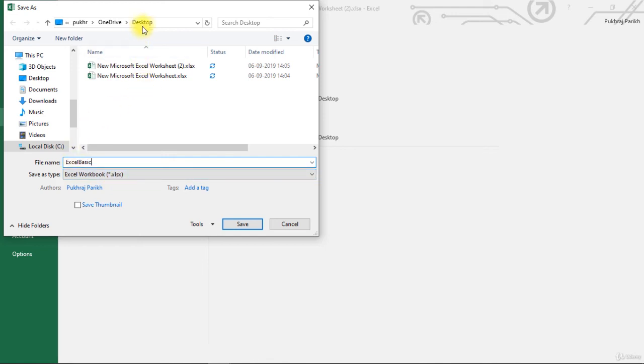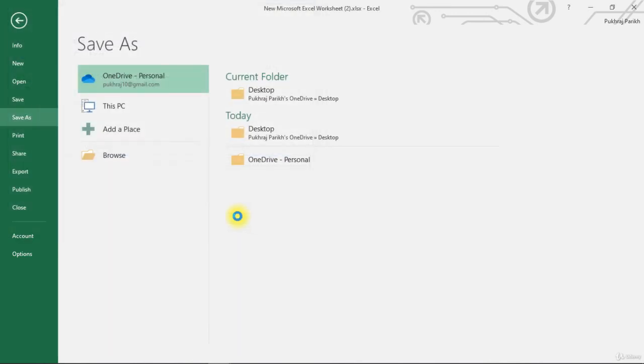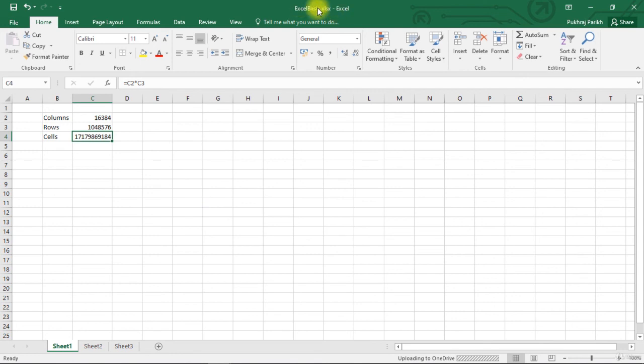If you want to change the location of where you are saving this file, you can navigate the location using these navigation folders, or you can enter the location on this top bar also. Now we will click save. You can see that the name of my workbook is changed to excelbasic.xlsx.